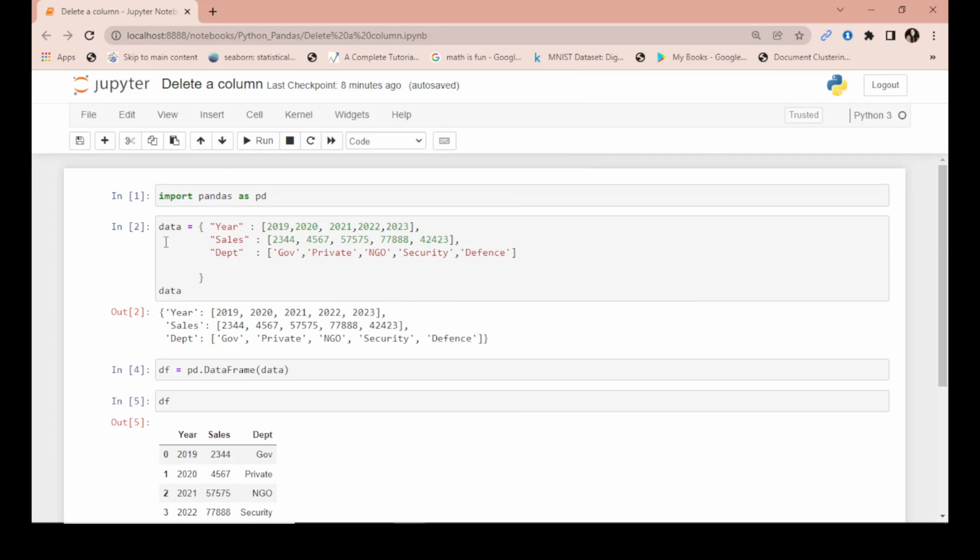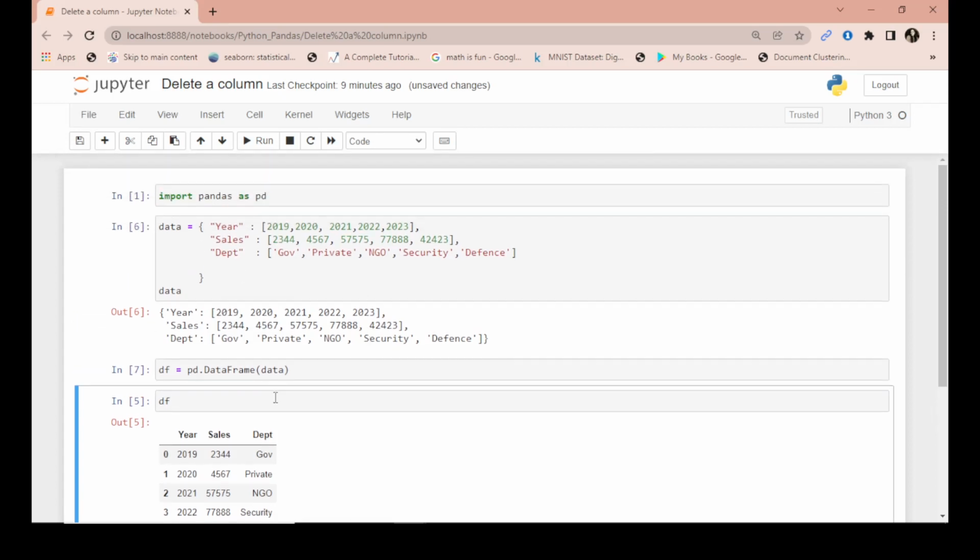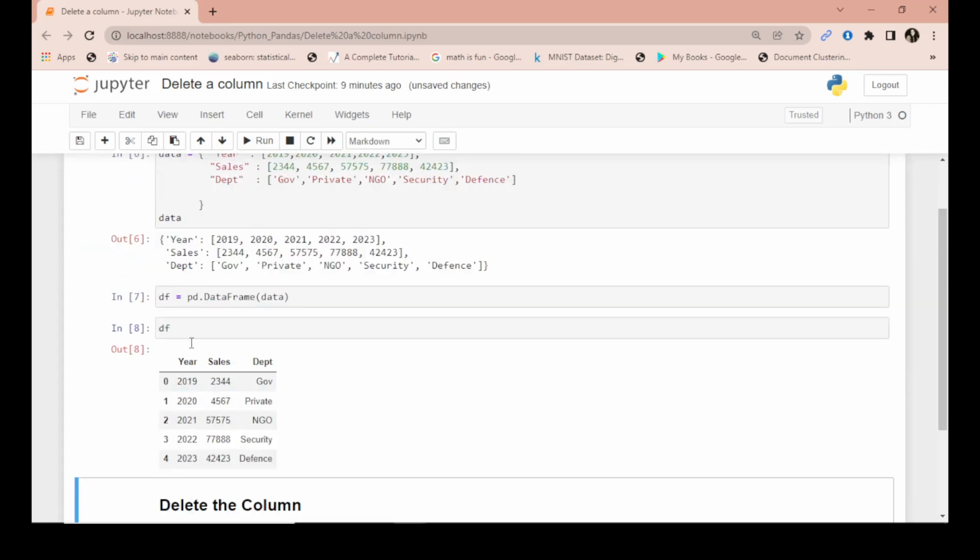So in today's video, we will see how to delete a column in a Pandas data frame. Import pandas as pd. I made a dictionary. I created a data set, and this is data which has 3 columns: year, sales, and department. When you run this, you then create it into a Pandas data frame with the help of pd.DataFrame, and give the input as data, and the resultant would be df,